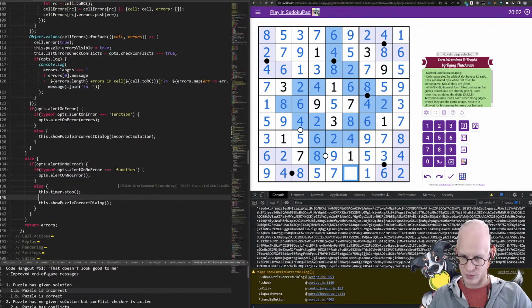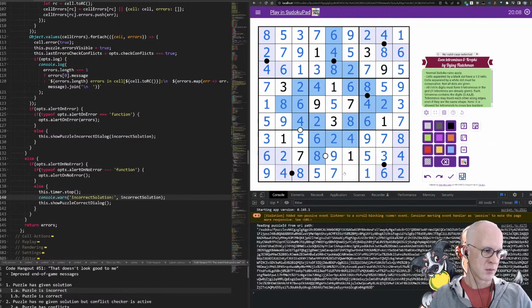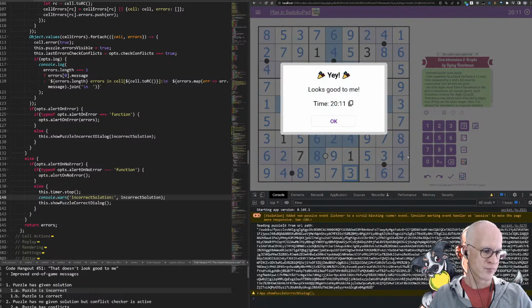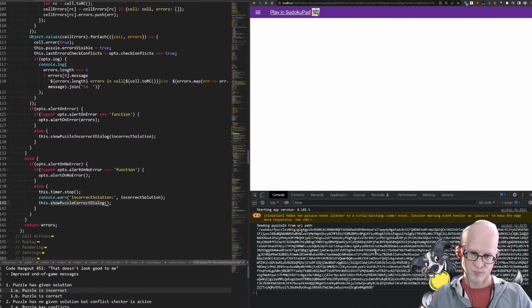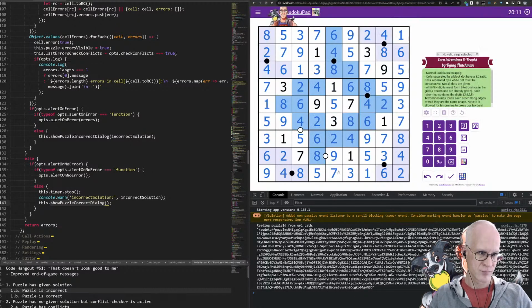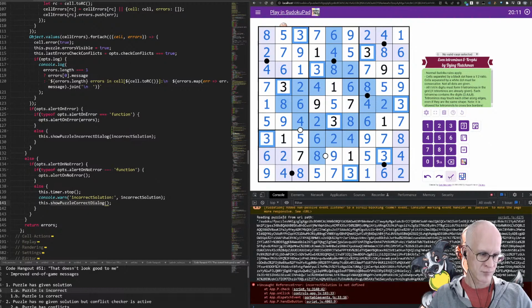So what if I output that here? Incorrect solution not defined.